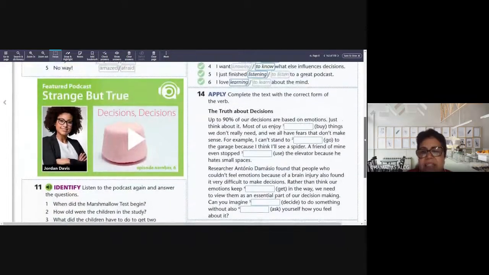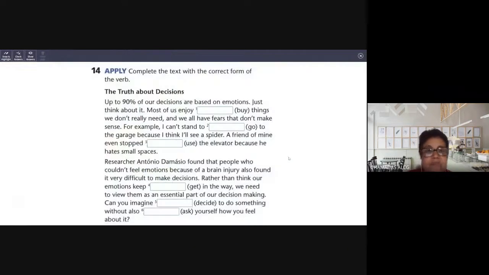All right, now let's take a look at number 14. Complete the text with the correct form of the verb. It's very simple. As you can see, it's a paragraph. The topic is the truth about decisions. The best idea here is to read all the paragraph, ignoring the blanks, and then you do the activity. Okay, so